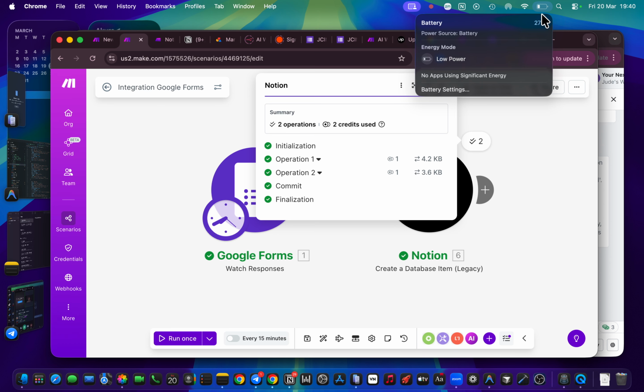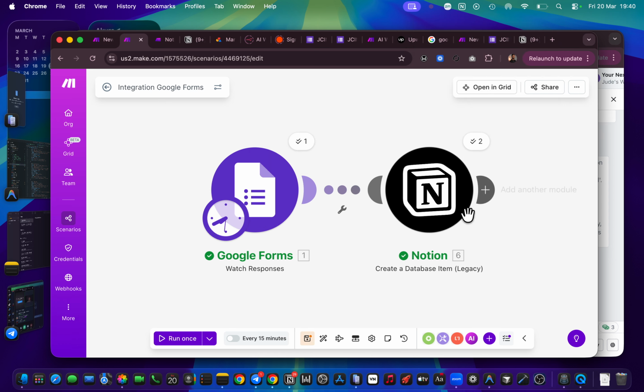I don't have much charge on my battery right now. I just hope it lasts through the end of the class, or probably we have power here. So I'll try to do the best I can now.